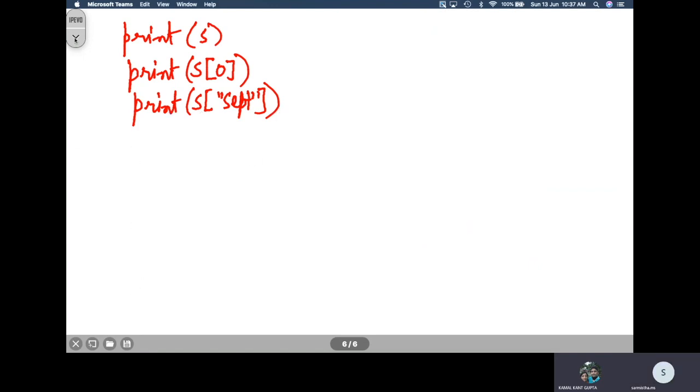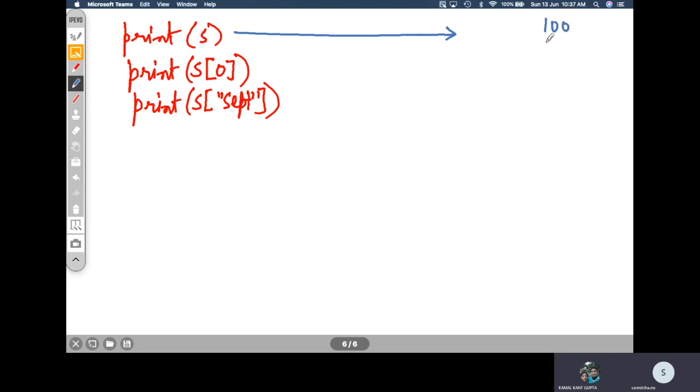For s, the whole series will be printed, like March, July and September, with the values 100, 102, 105. So this will give you this one.